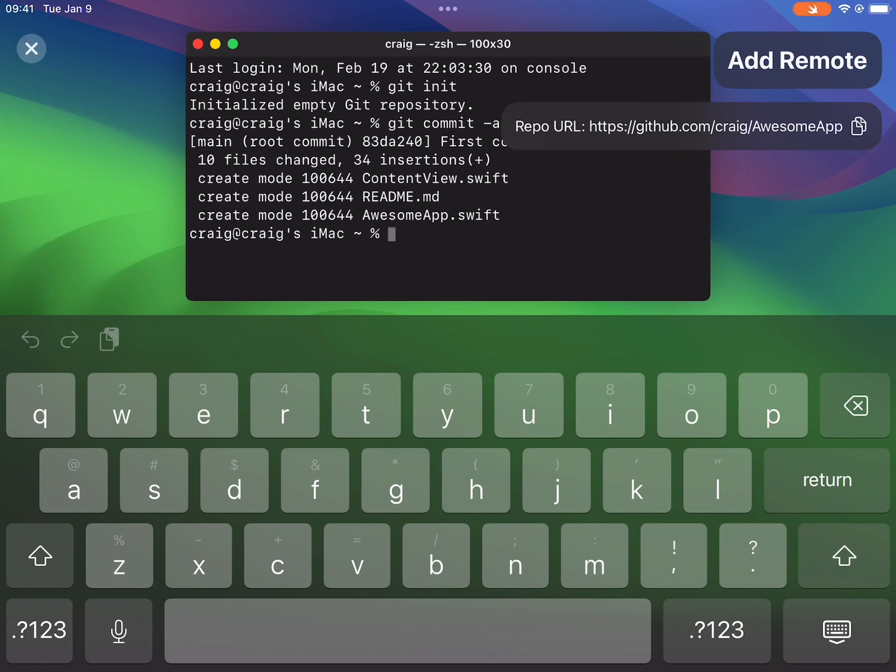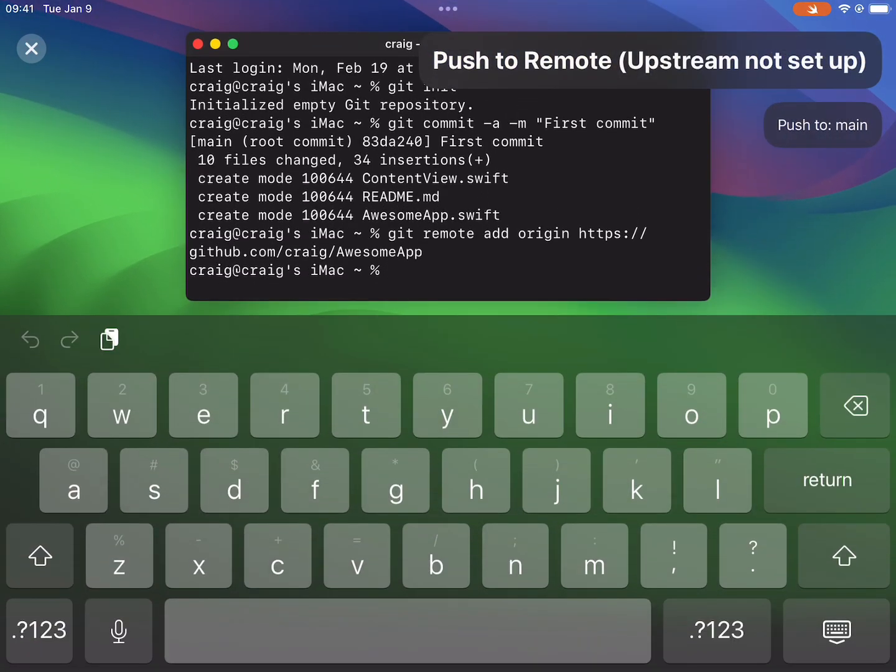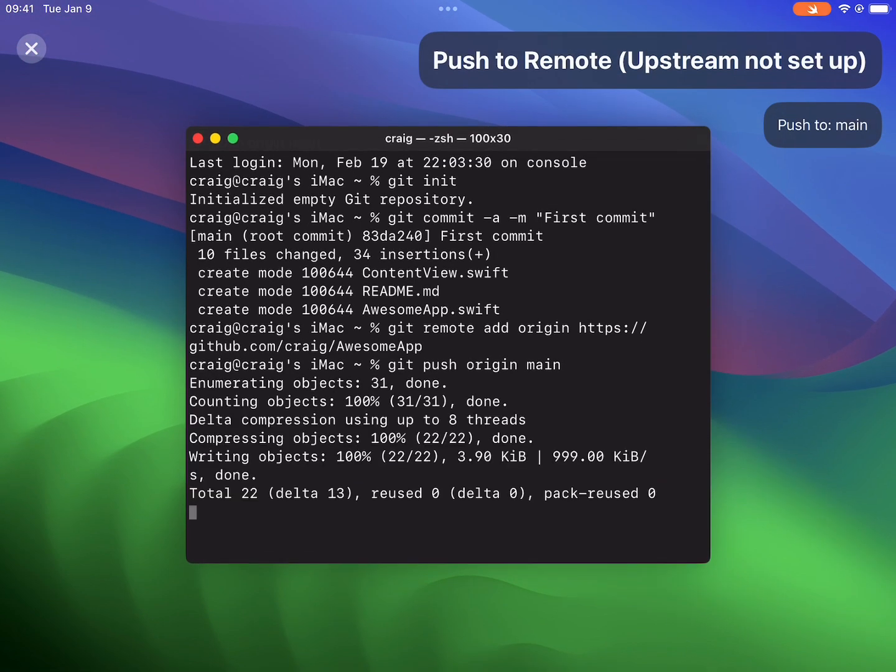So I can type git remote add with the origin. This is the name. And I can copy this repository and paste it here. This is a repository created in GitHub. Okay, and then we need to push it to the remote. So git push origin, and the branch is main, and return. Okay,